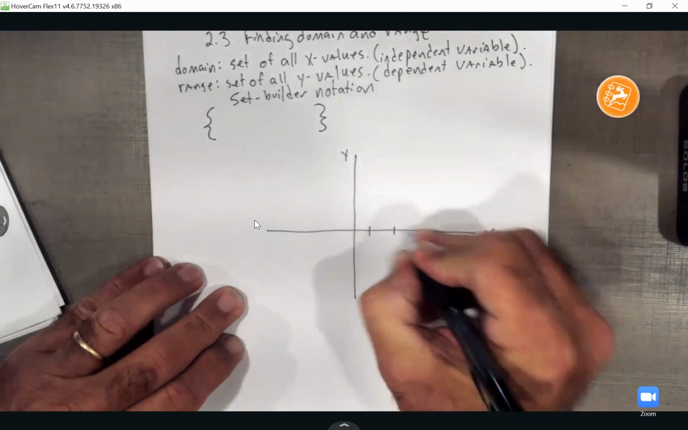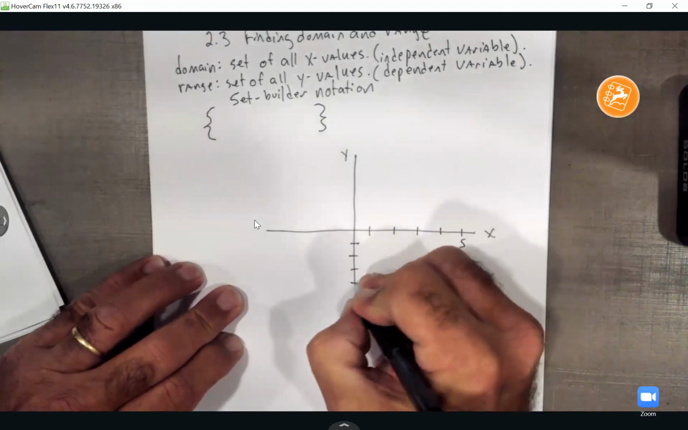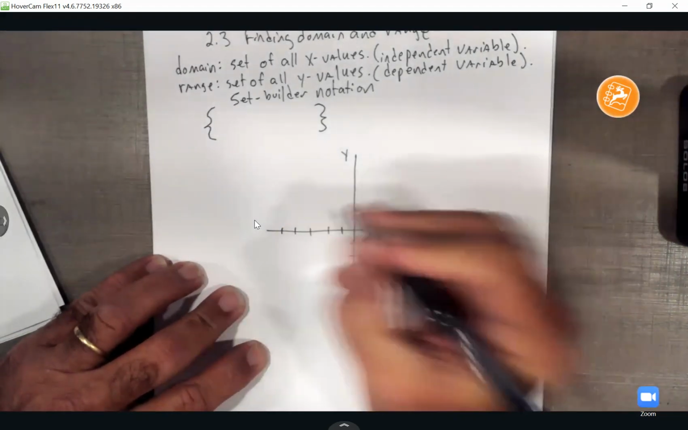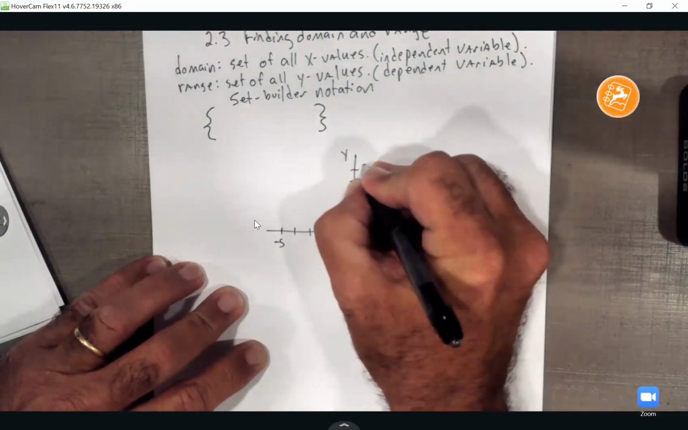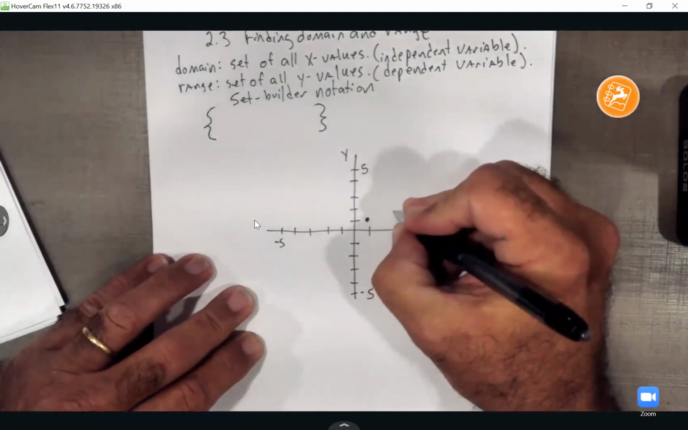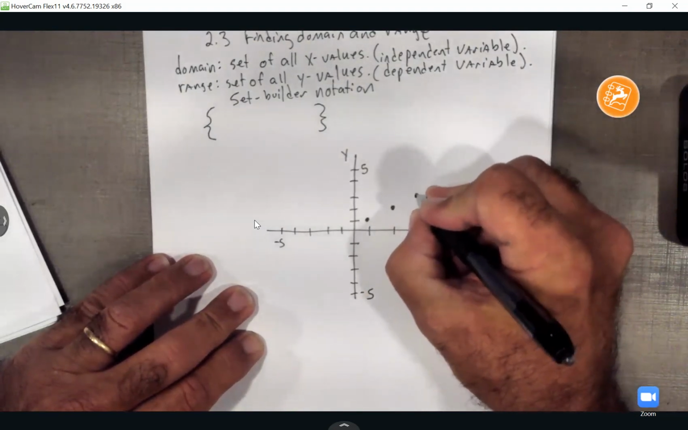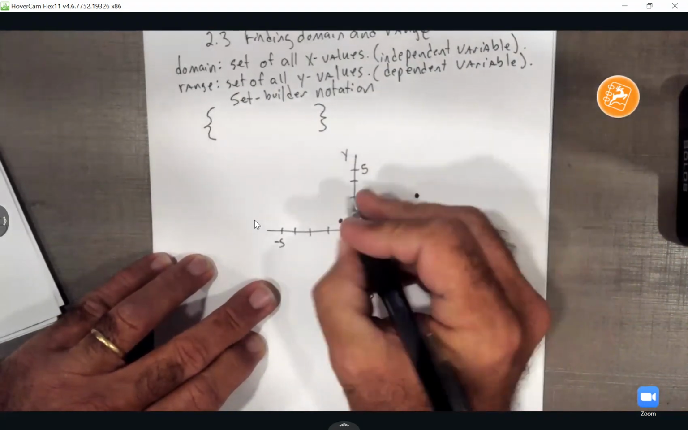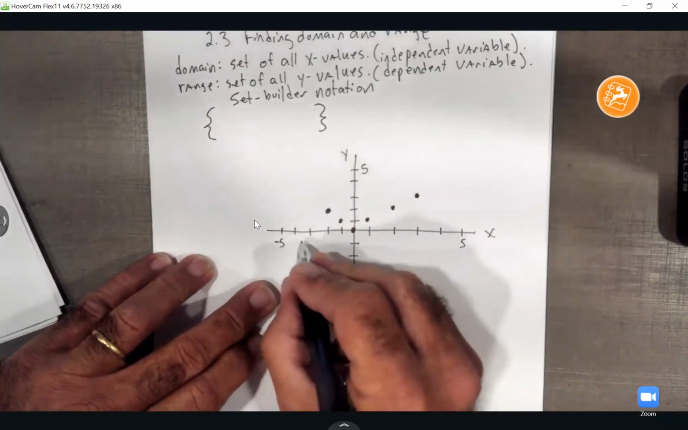X-axis, 1, 2, 3, 4, 5. -5, I'm gonna go left -5. And then up 5. So I'm just gonna put me some random points on here. And then one more, right? So then,